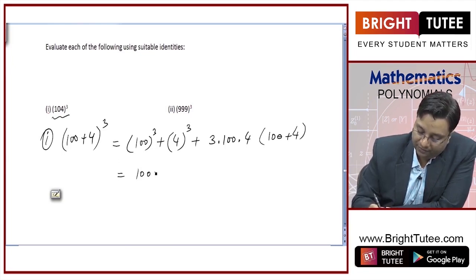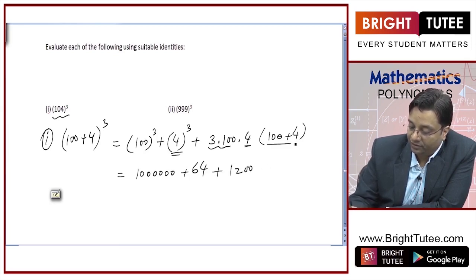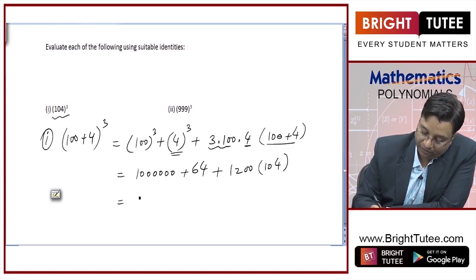This is 6 zeros will be there. This is 64. 300 into 4, 1200 into 104. So it will be equal to 1 and then 6 zeros